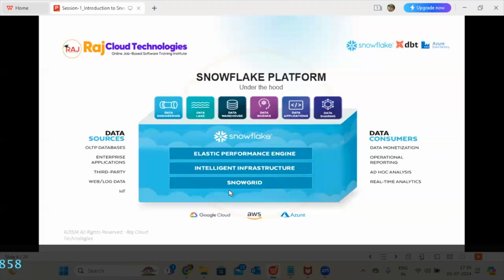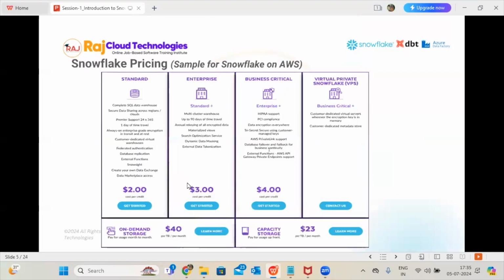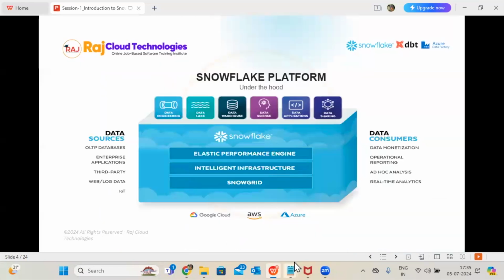Okay. So we have multiple benefits, guys. Not only that, it will add multiple consumers. 100 plus sources it will add, 100 plus consumers also it will add. And it totally supports all three cloud providers. Why I'm saying this is you have to understand what the benefit is compared to the traditional. Before going to the next point,